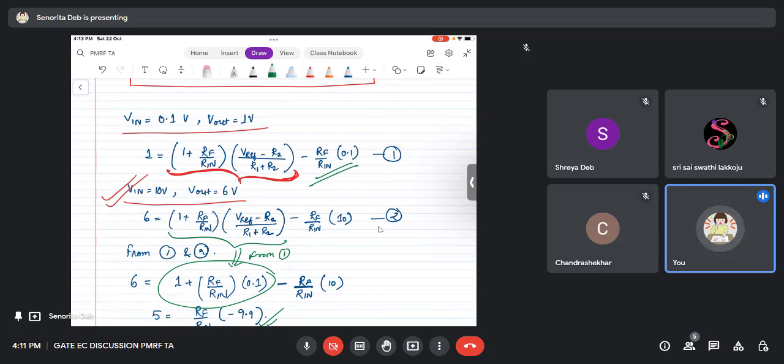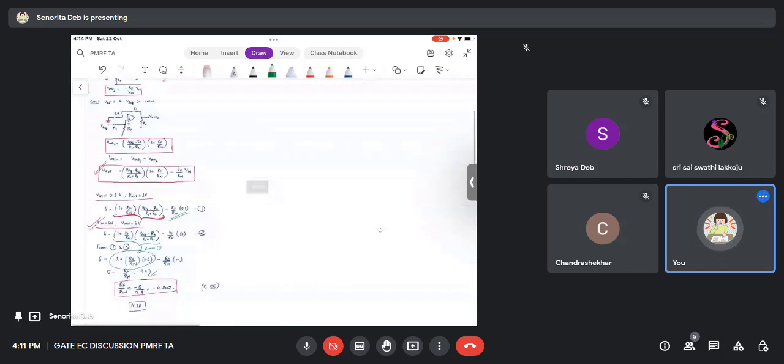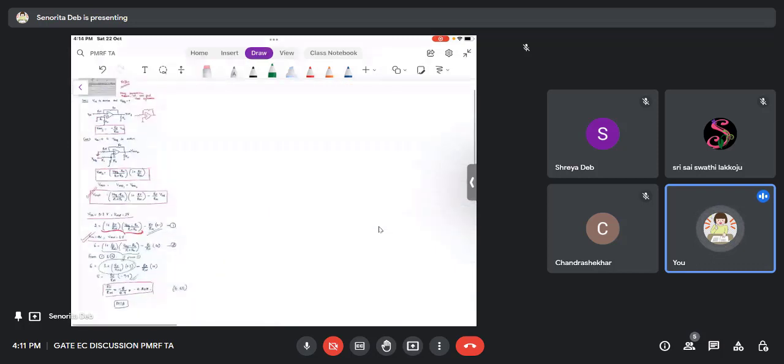Now you see how many steps I have done. I have not done many steps, right? And the solution is there. First I did the superposition theorem, I got the conditions, and then I simply took out the values, plugged in the values, and I simply got the answer. Okay,